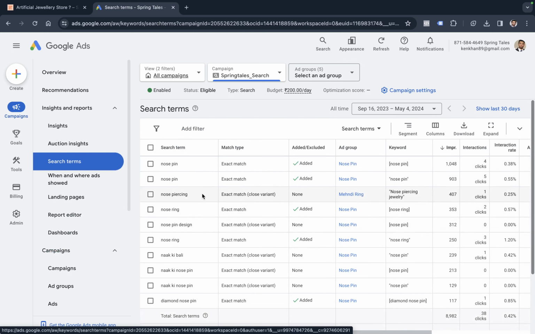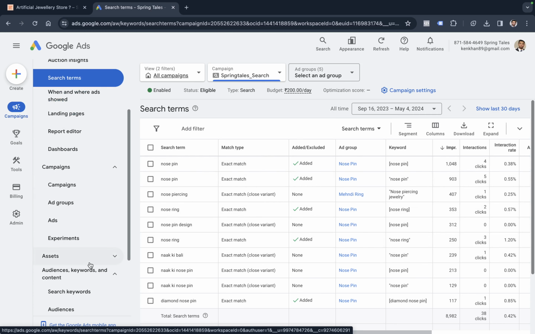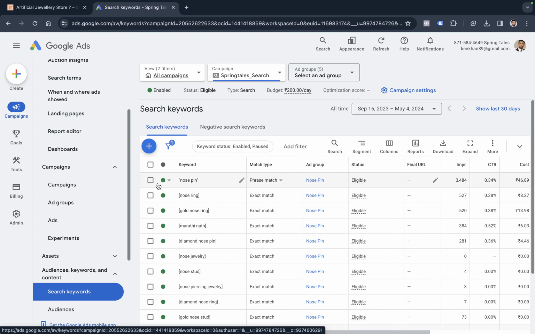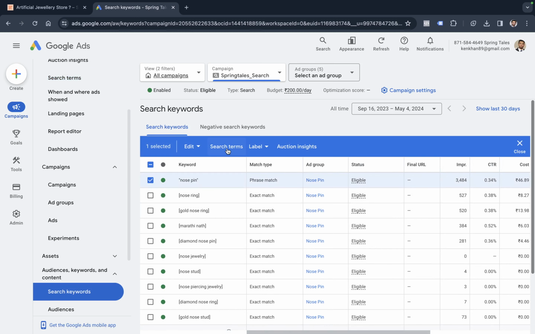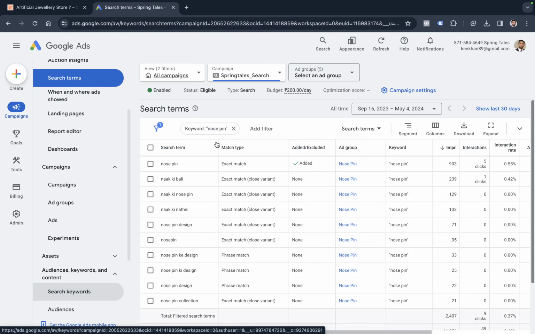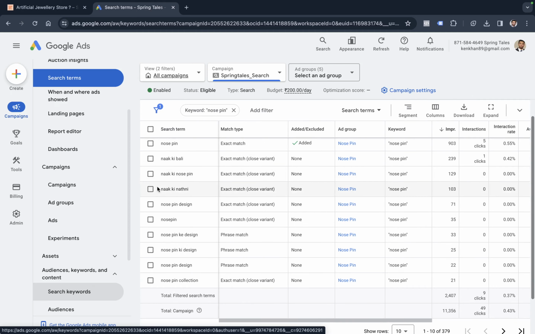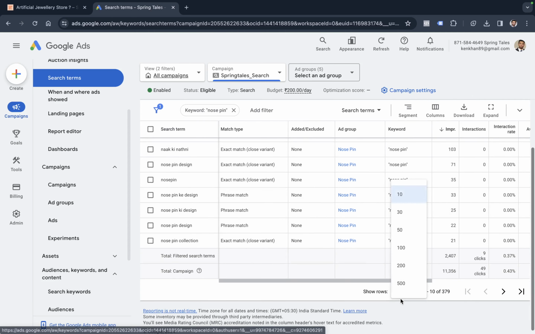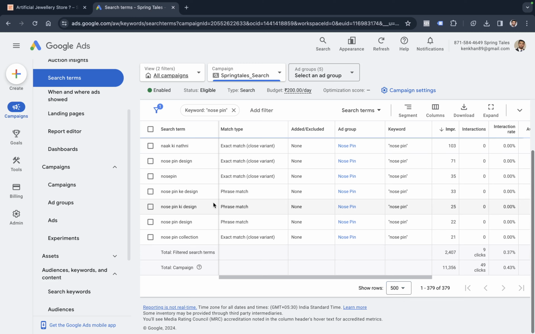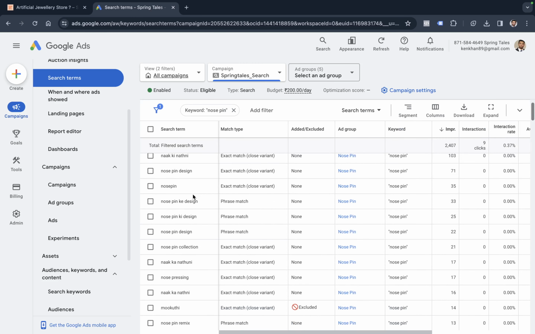This search term report tells us what people are actually typing against all these keywords. So let's say if we want to check the user searches against one single keyword, we can simply go back to this search keywords tab. We can click on the keyword, and then we can get into the search term report. This report shows us that people who have seen our ad have typed nose pin, naak ki bali, naak ki nose ring, naak ki nathni, and they have also typed a long list of searches,